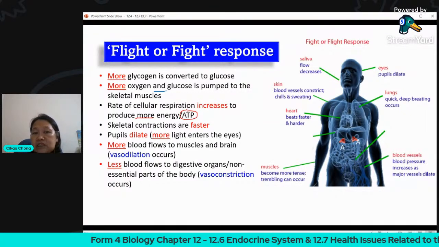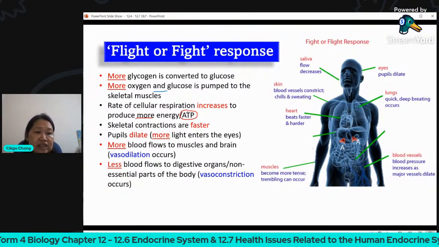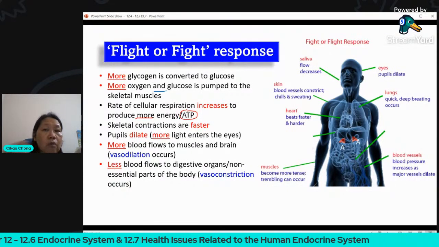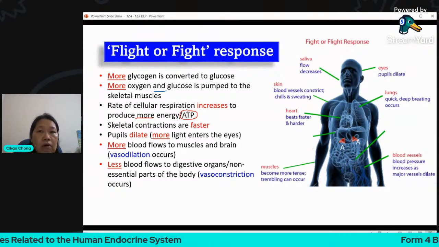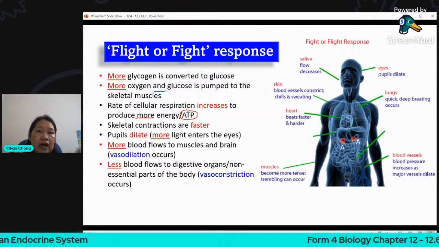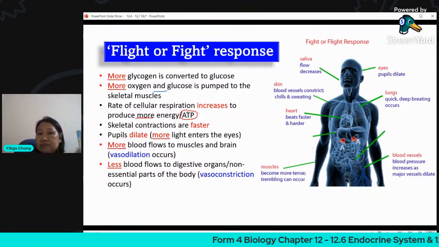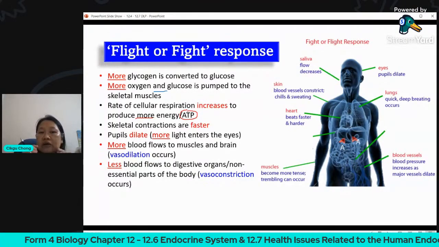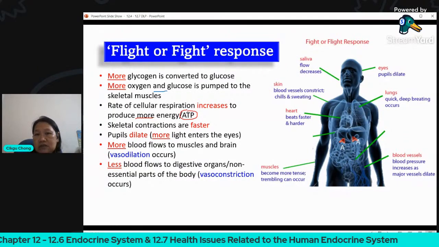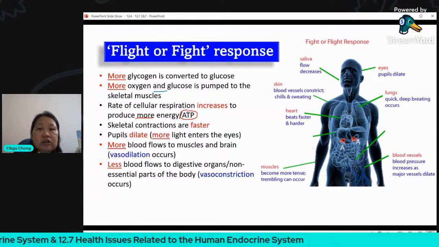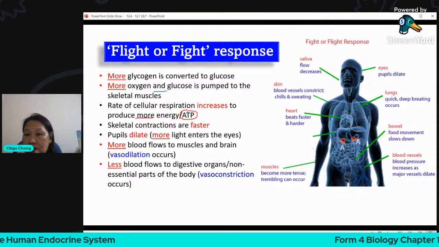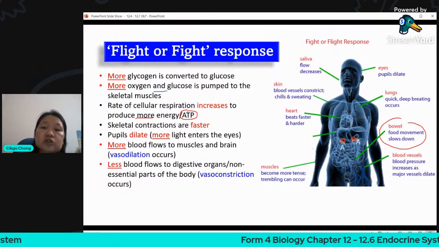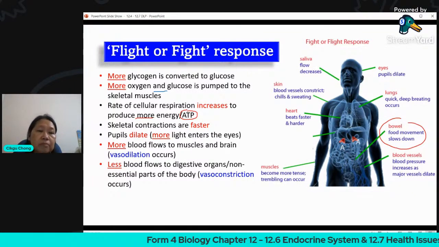Less blood will flow to the digestive organs and also non-essential parts of the body, but it will flow more to your muscle cells and also to your brain at this moment. Things that need more blood will be your muscles and your brain, not your digestive system. So the blood will be more or less diverted from the non-essential parts of the body. They will go to the essential parts. Essential parts are your muscles, because you need to run. Okay, right. And your bowel movement, okay, that's because of the digestive system, they will slow down because it's not essential at this moment. It's not important for you.